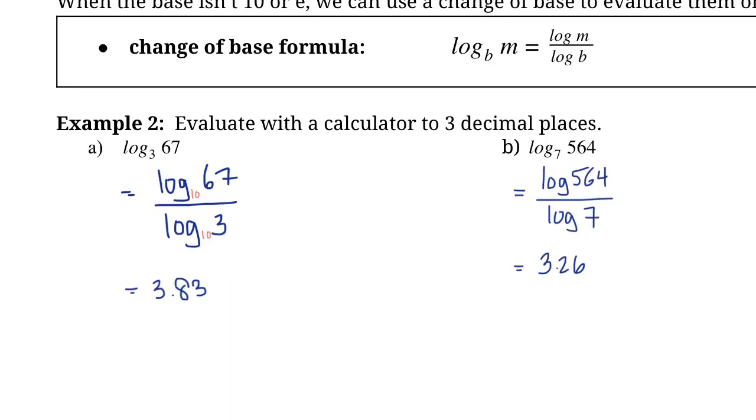So just to take a step back and look at what we're able to do now. Remember, log base 3 of 67 is like saying 3 to the power of something gives us 67. And log base 7 of 564 is like saying 7 to the power of something gives us 564. So we now have the power to find out what that exponent is, in either case, just by doing